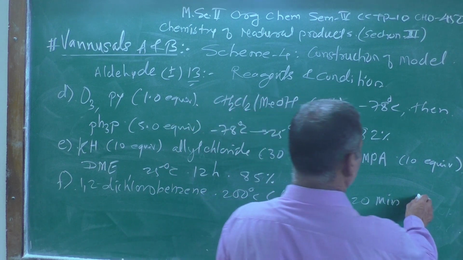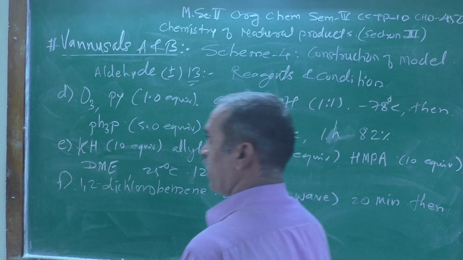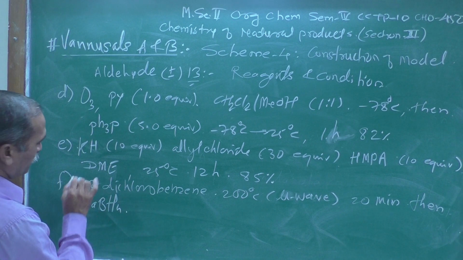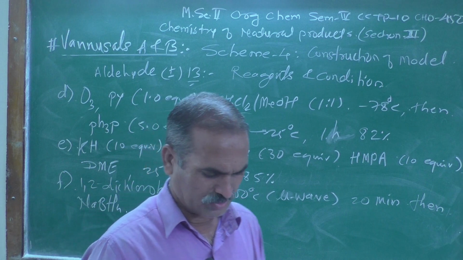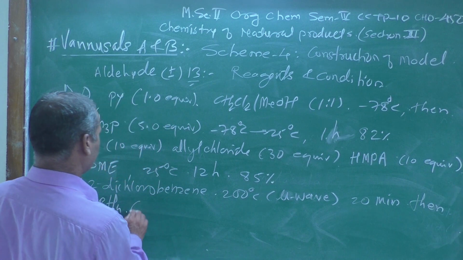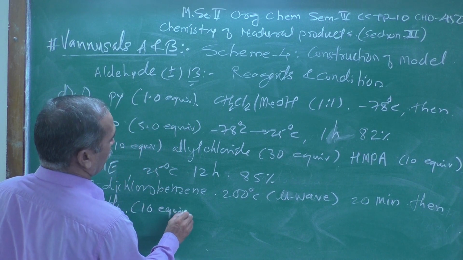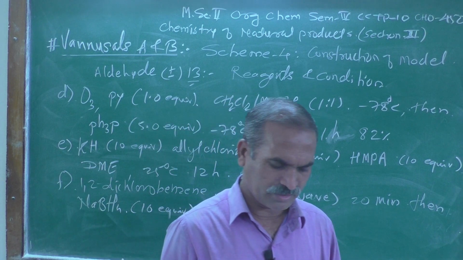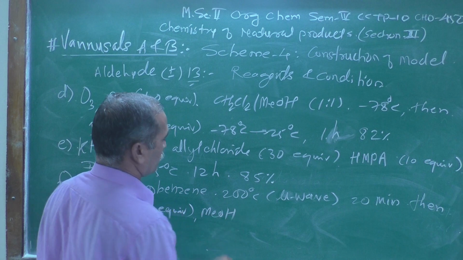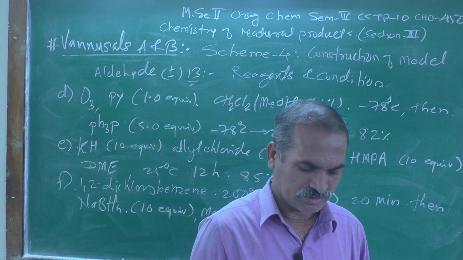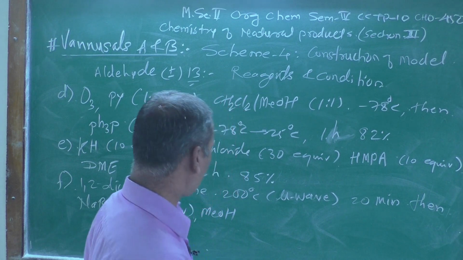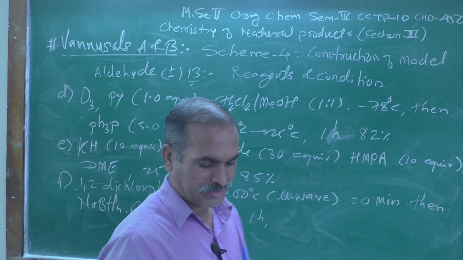Then added NaBH4, sodium borohydride, 10 equivalent, and after that methanol used as a solvent. This reaction was stirred for 1 hour